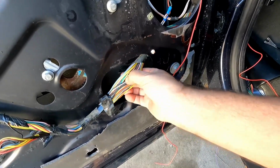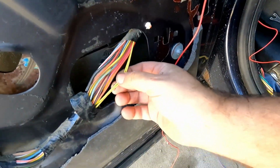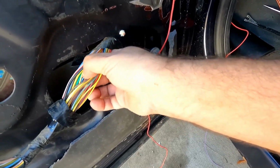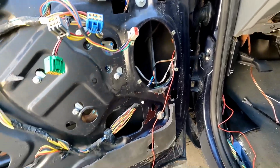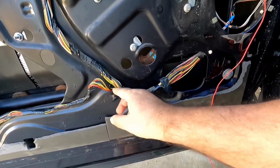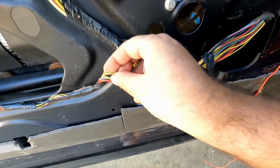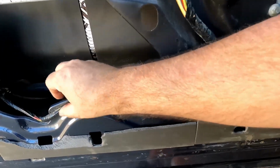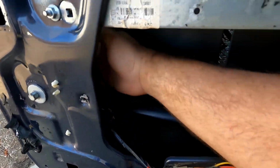Yes, there's two. There's actually three that I found in here. That's yellow with the black stripe, yellow with the black stripe, but there's another yellow with the black stripe that's not an 18 gauge wire, so we can ignore that one. So it says if there's two, use the wire that leads out to the door latch. All right, so I pulled a little bit more back to where it splits. I figure, okay, one's probably running up there, one's running back here. Not the case. Still a yellow and black wire here, right next to it, a yellow and black wire. So then they run back to here, and then it splits again. One goes up to the door latch, and one goes